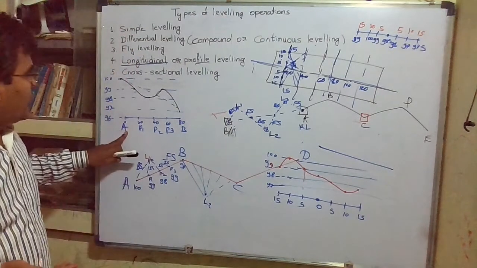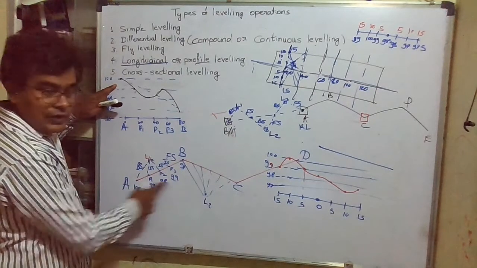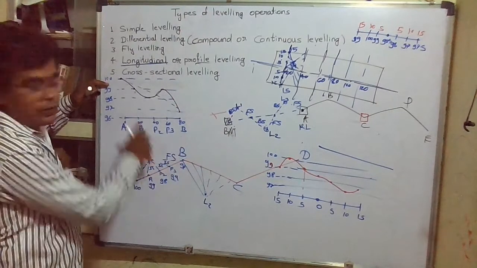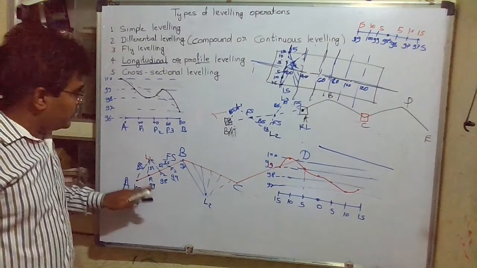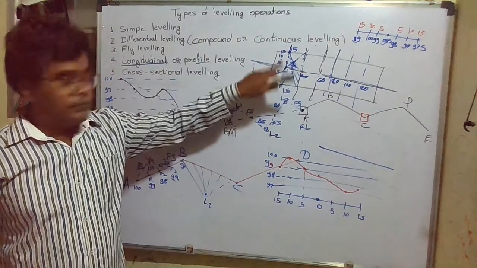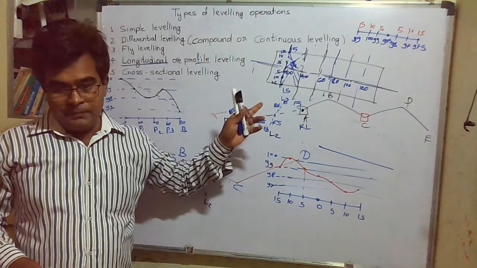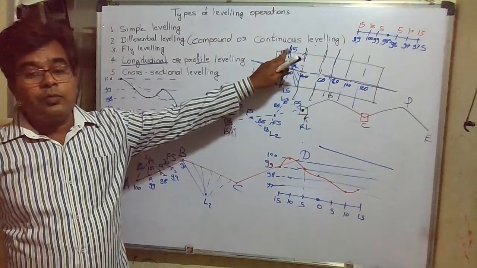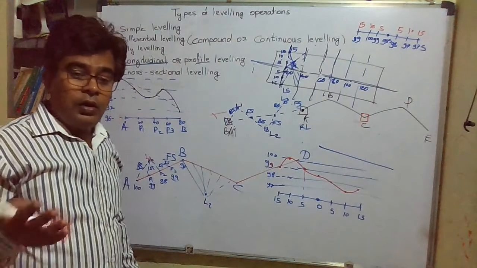This is the longitudinal profile, meaning how our alignment we have selected, how is the nature of that alignment. Here we got the alignment along the center line for this AB by longitudinal leveling. When this is not along the center line, but the cross section, perpendicular to the longitudinal section, it won't follow the same profile as the center line. The nature of the ground may be any way, so we have to take it how it is along the cross section.